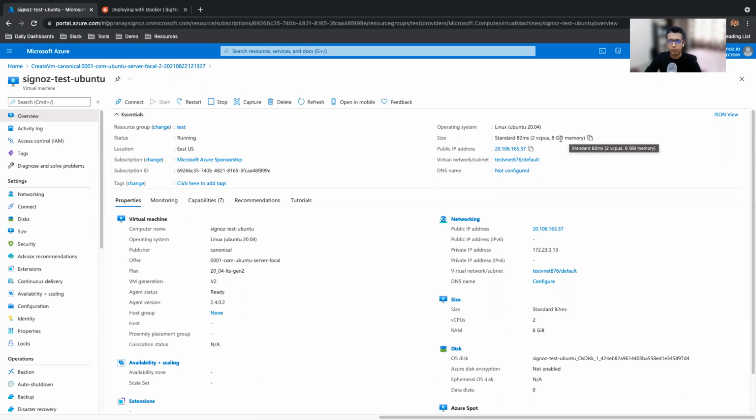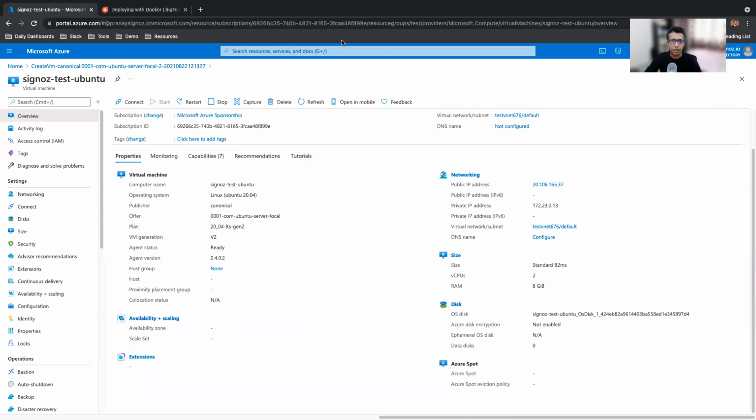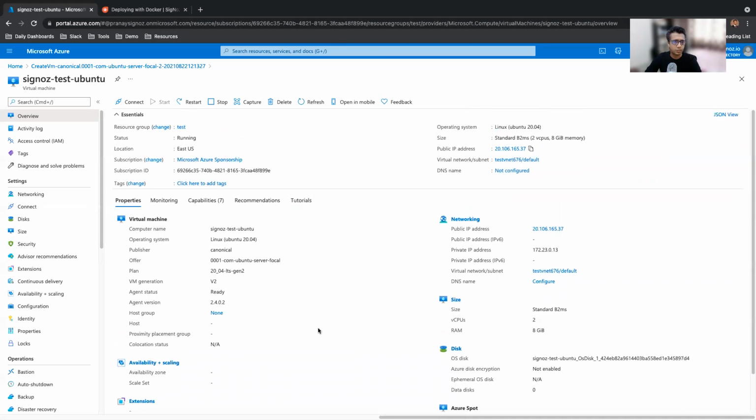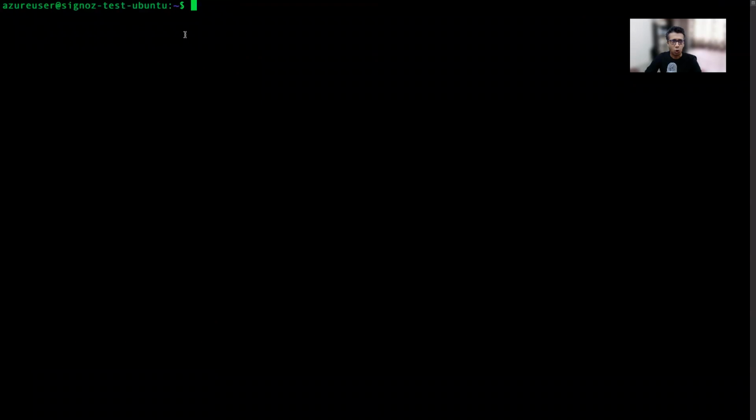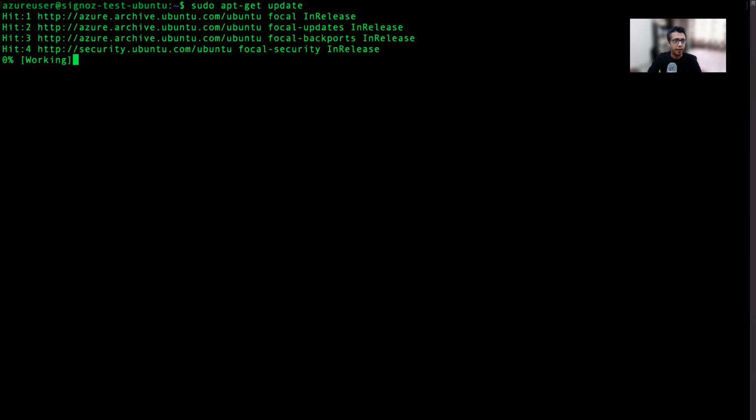Signals should easily run even with 2 GB of memory, but this is one of the standard machines which we use. This is a simple Ubuntu machine, and I've already logged into it. I'll just do a sudo apt update to ensure that all the packages are updated.